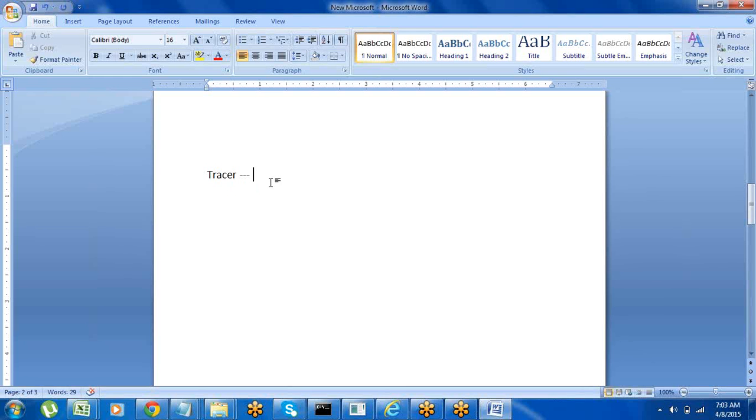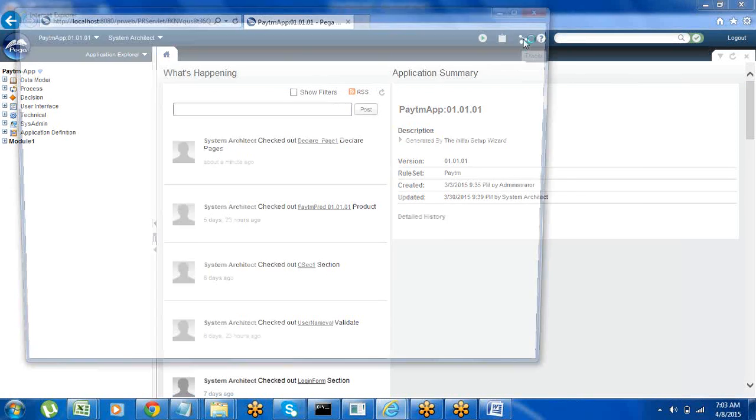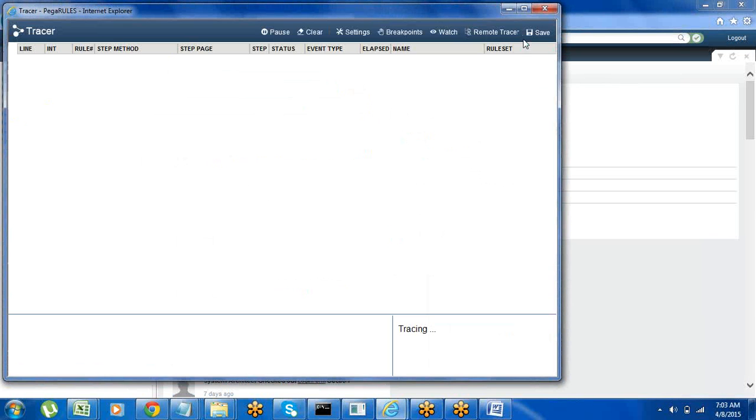Okay, how to trace any rule? Normally the tracer option is available here next to the clipboard. We'll have some options like pause.